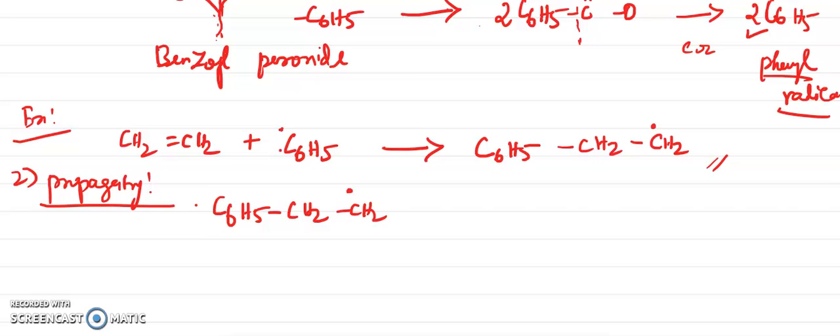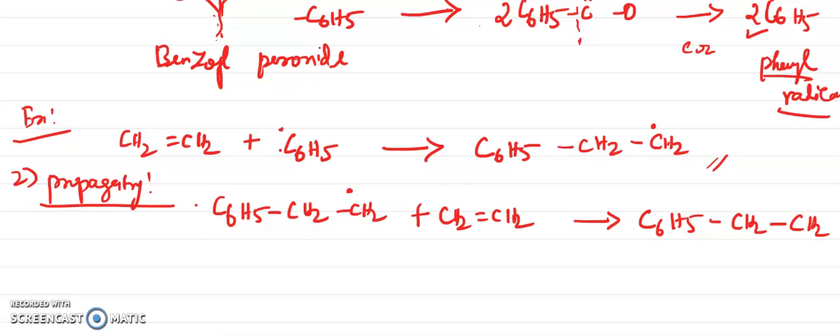Here there is a free radical. This will react again with the monomer ethene, CH2 double bond CH2. Then you will get a compound of C6H5 CH2. Here write the same thing, CH2 bond CH2. You know that if it is in contact with this CH2, there will be a breakage that will happen in this bond, correct?